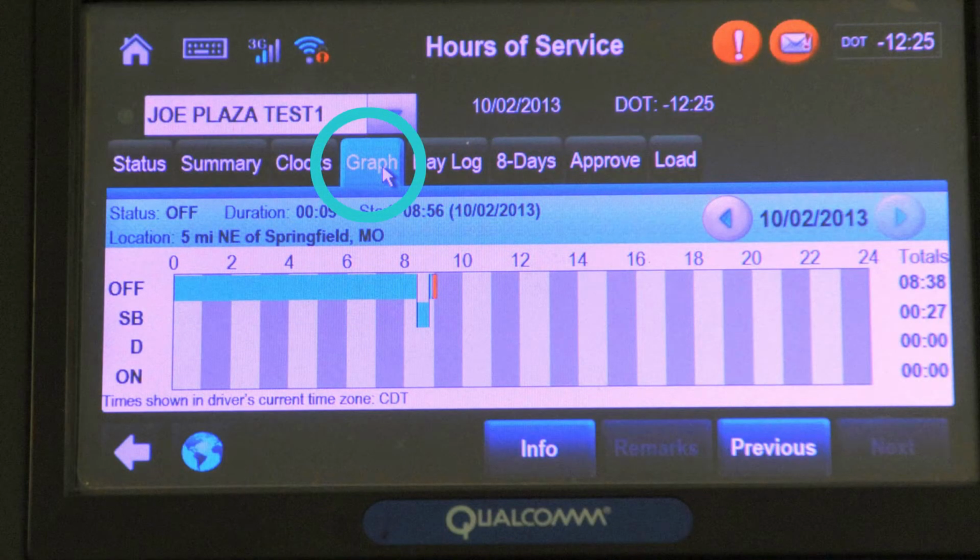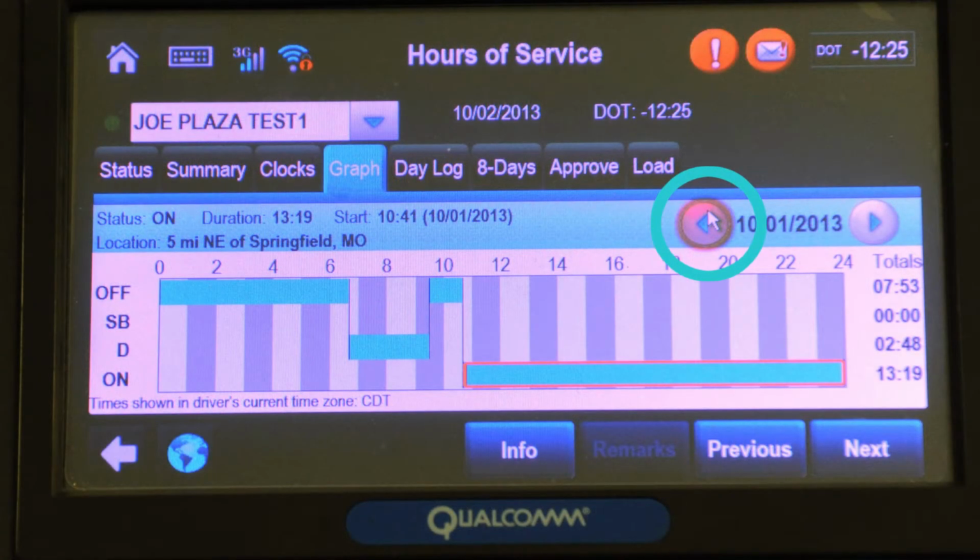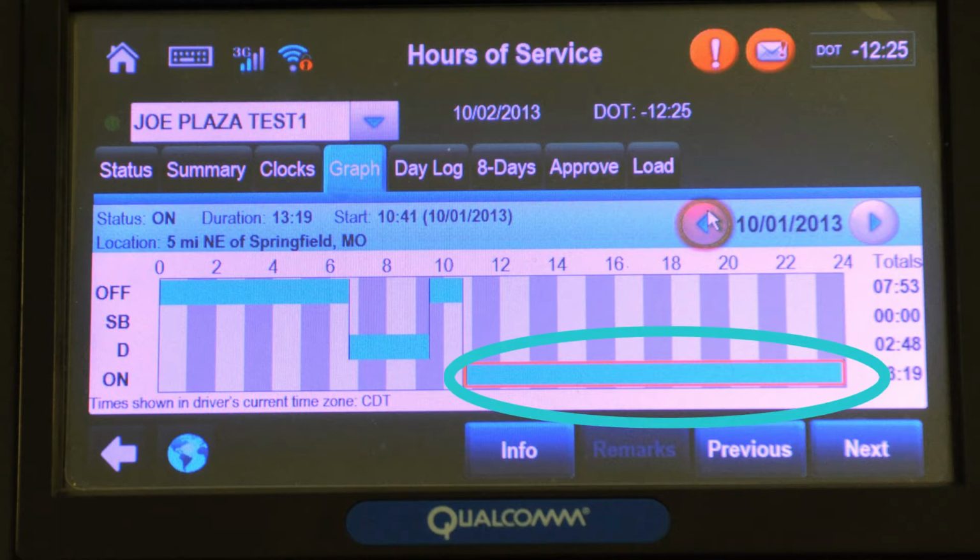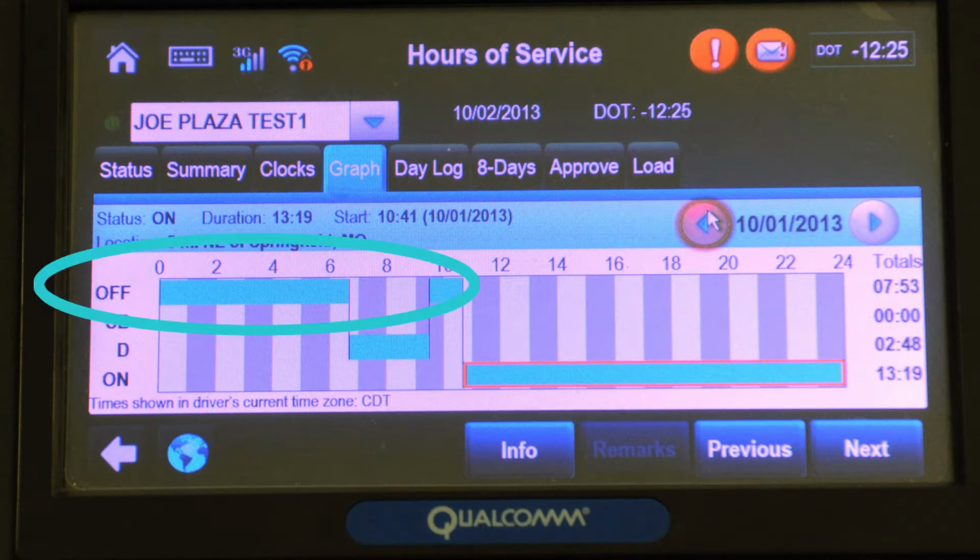The next tab is Graphs. There's a graph for today and each of the preceding 7 days for a total of 8 graphs. They'll reflect the work that you performed for the last 8 days. By using this button, you can go back and see your history of each day by going back the previous 8 days. By touching any of the duty status segments, it'll bring up information recorded when you made that duty